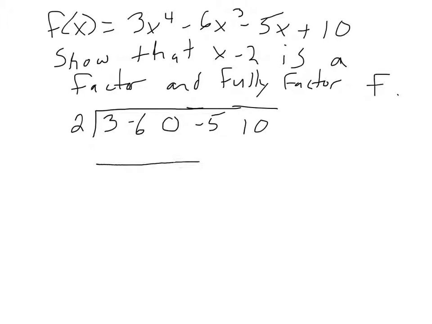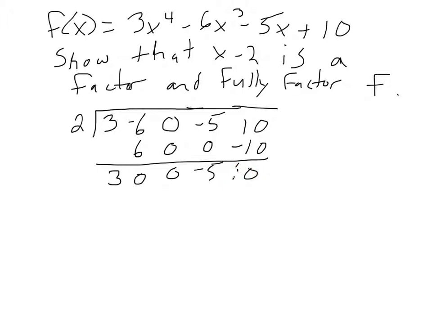So first thing we always do is drop down the first coefficient, and then we do 2 times 3, which is going to give us 6, and then we add. Negative 6 and 6 is 0. All right, so then 2 times 0 gives me 0, and then we add those two zeros together, and we get another 0, right? And then 2 times 0 again is 0. Negative 5 and 0 is negative 5. 2 times negative 5 is negative 10, and lo and behold, we get 0 in our remainder place, and so we have confirmed